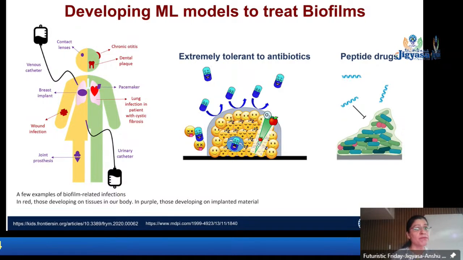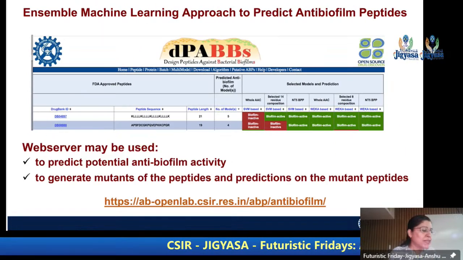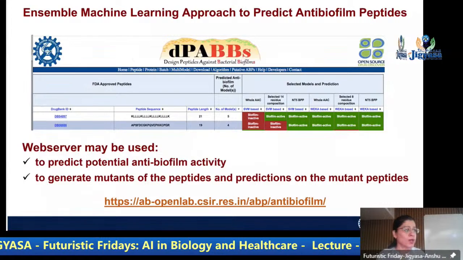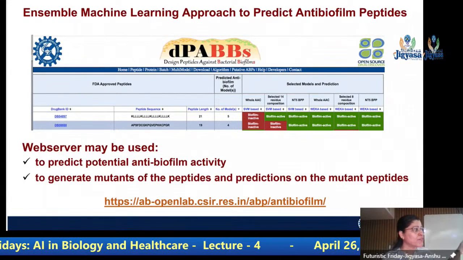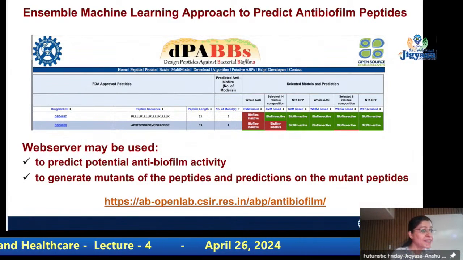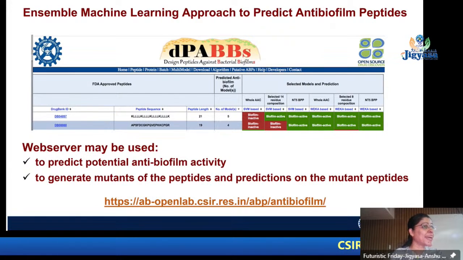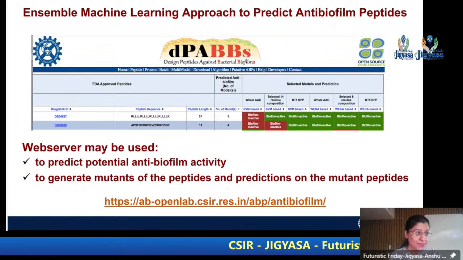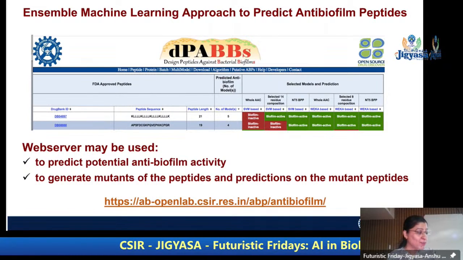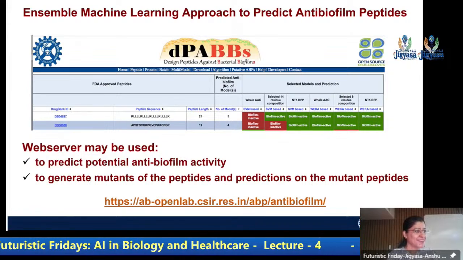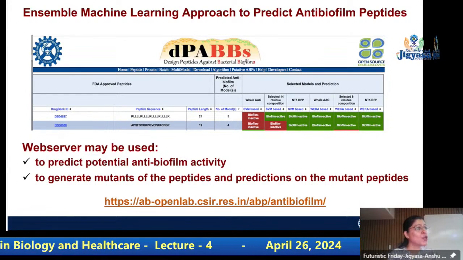So we then developed a machine learning model to design such peptides. I'll not describe details today. It's a web server that you can literally play with online. There is no login, nothing. We have managed to predict the anti-biofilm nature of these small peptides with 95% accuracy, which means what now? Your machine learning model has good marks, which means you can use it. That is the level of accuracy one is looking at.